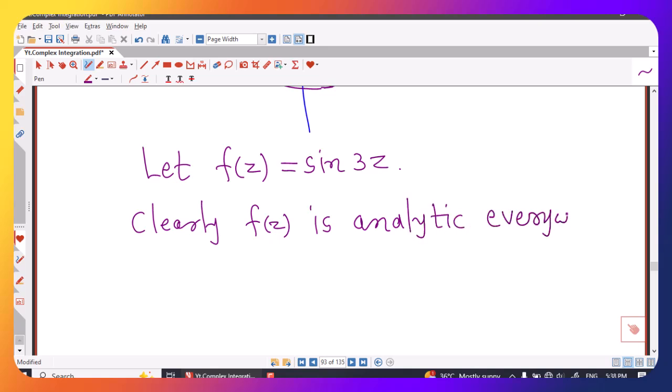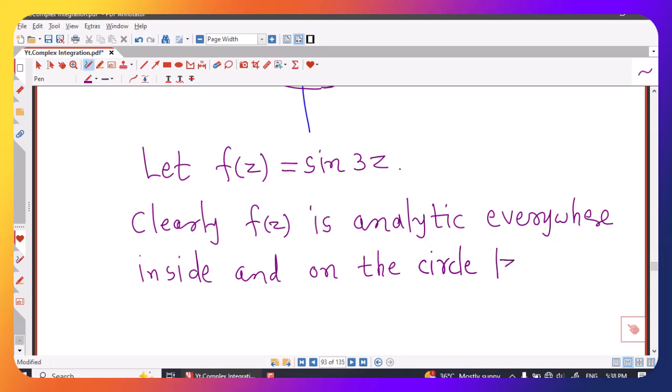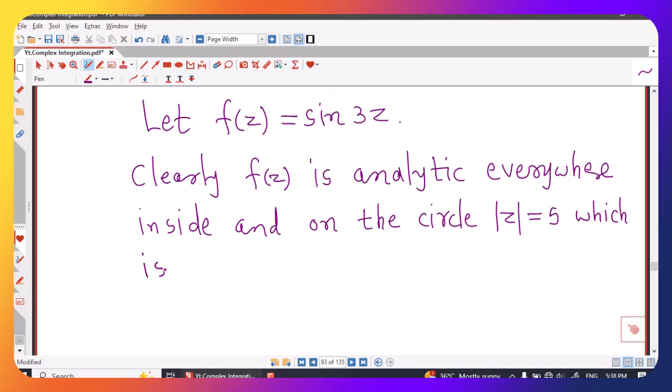We know that sine function is an entire function, and therefore f of z is analytic everywhere inside and on the circle mod z equal to 5. Because it is analytic everywhere in the complex plane, it is analytic everywhere inside and on the circle mod z equal to 5, and we know that this is a simple closed contour,